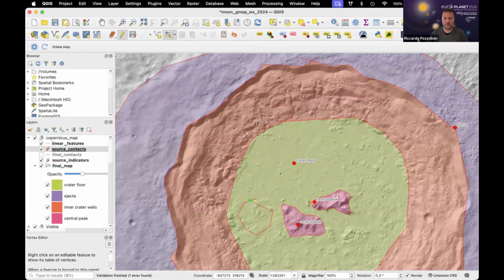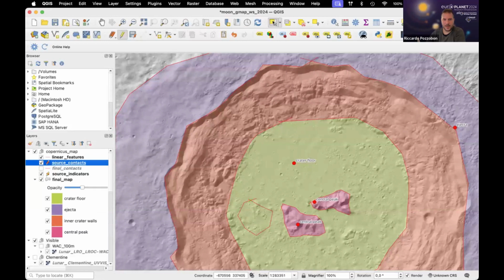Okay, so we have shown you how to add entities and how to modify entities. Of course, we may want to delete entities. There are also multiple ways to do it. The easiest one is probably to go here. There are these buttons with the yellow squares. These are called the selection tools. You have to be sure, again, to have selected the proper entity, to have the editing enabled, and then you can go here,